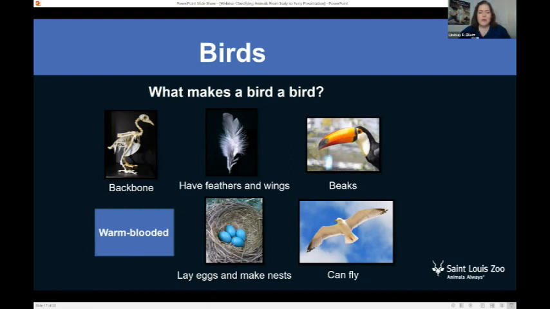Now, did I leave scales off of this slide? Oops. I'm going to let you take this poll and decide, do birds have scales or do they not have scales? Am I trying to trick you or did I accidentally forget to put scales on my PowerPoint slides and now I have to have you take a poll? It's your choice. What do you think? Have you seen scales on a bird before? All right,